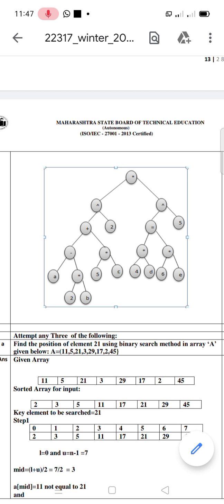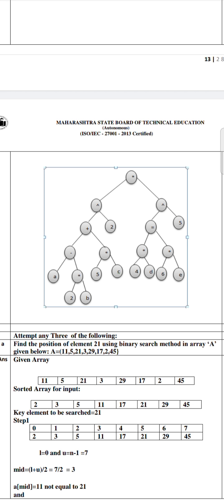What students try to do is directly construct the expression tree, and in that situation they may create a wrong expression tree, and in such cases they will not get any marks. So the better option is to show the expression tree in a step by step manner, as I told you when I was solving that expression. In step 1 you identify the root node, the left part of the root node and the right part of the root node. In step 2 you drill down more, down to the power operator. In step 3 you drill down more to the remaining operators, and so on.